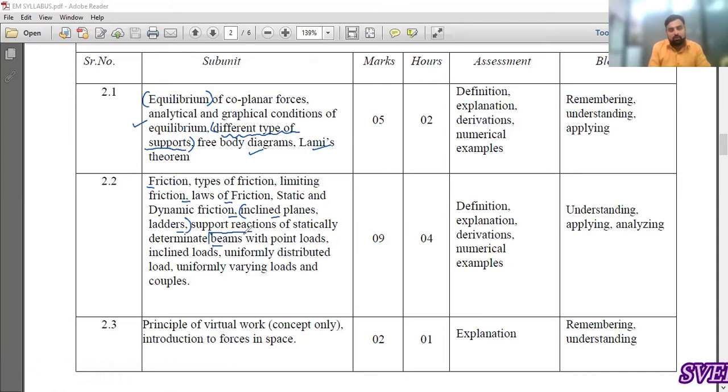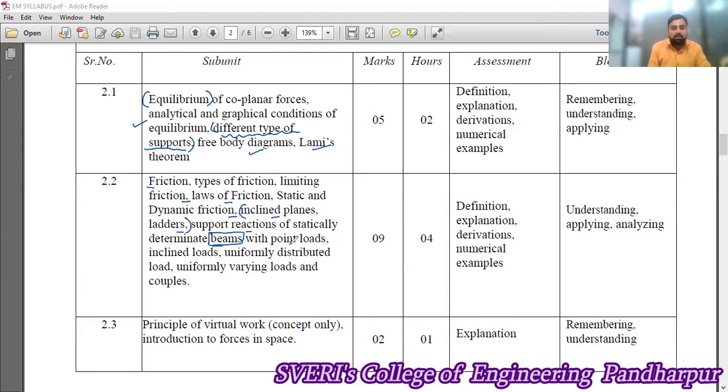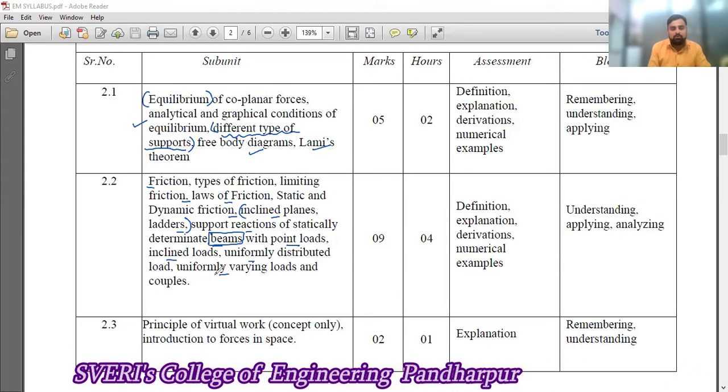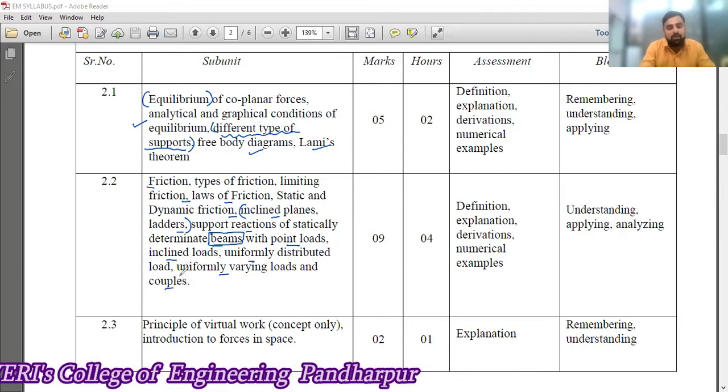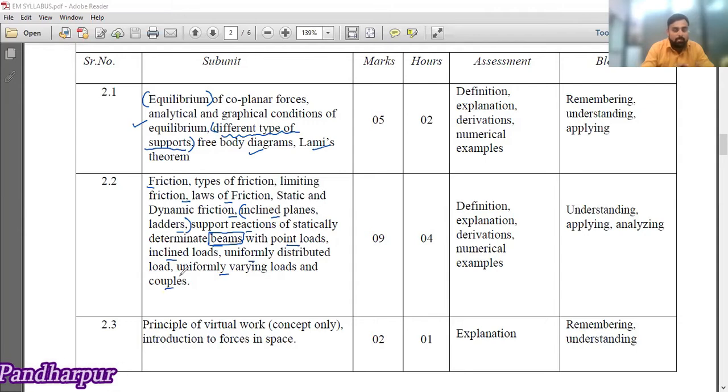We are going to see the meaning of beams and how to determine the different reactions of a beam. Beams are with point loads, then inclined loads, uniformly distributed loads, uniformly varying loads and couples. We are going to see the numericals, how to solve them based